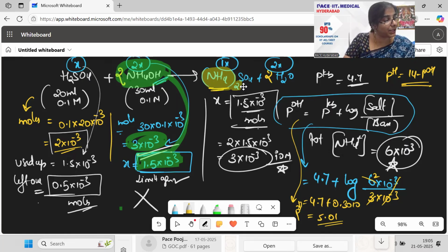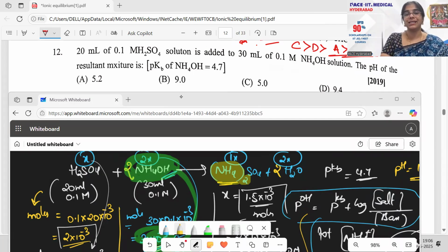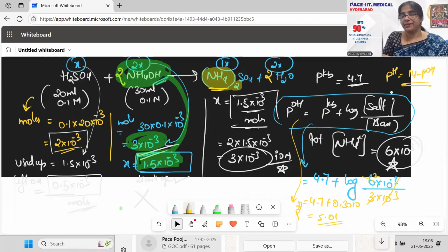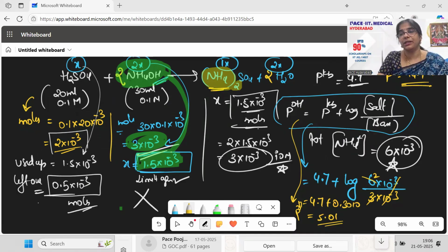Is that clear, everyone? Somewhere around 9 point something, which is 9, right? A little bit of other calculations you can go, because I'm not going with the direct calculation. So 9 is my answer there, because that's almost 5 I can take. I will make 5.01 into 5. So 14 minus 5, that's it, is my answer 9 there. All right, so that is how we need to go.